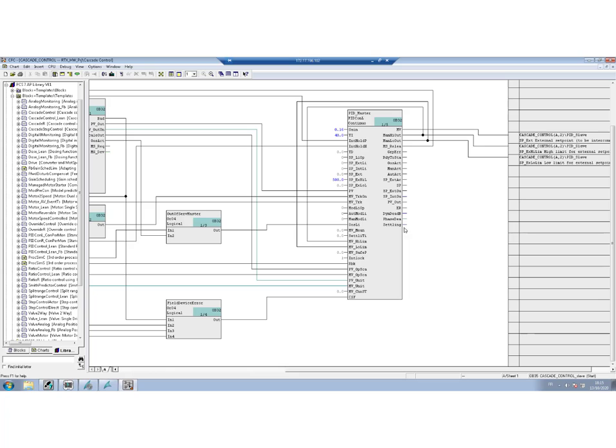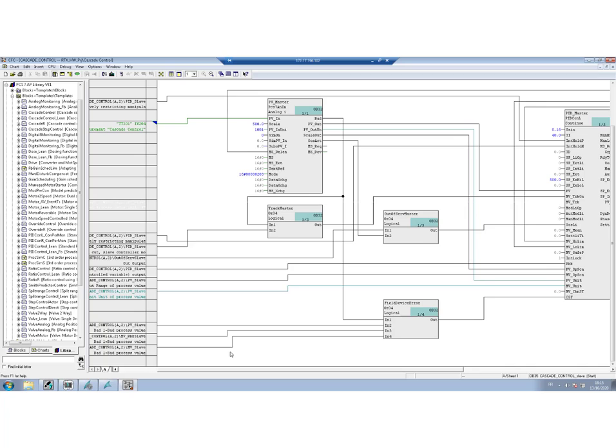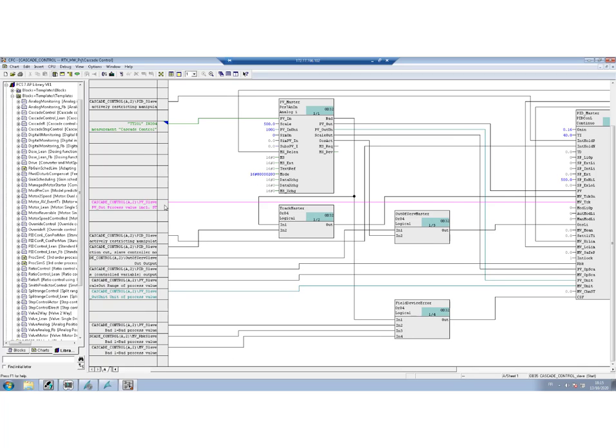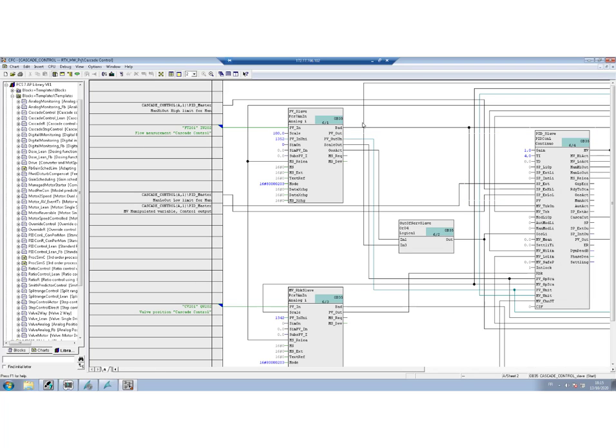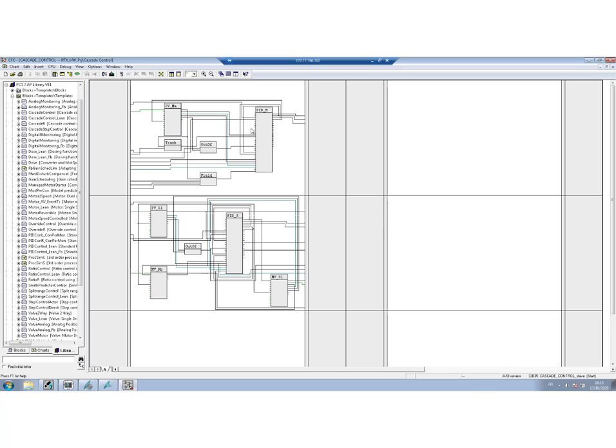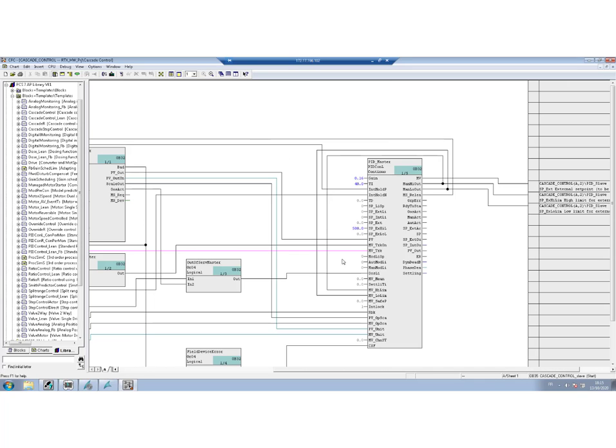So we can have a look at the PID master, and you see here that you have MV track on, MV track, so the names are a bit different, right? But if we click on this signal, we can go and have a look where it's coming from, and it is the PV from the slave controller. So this is okay, it is as expected, and we can also have a look at the MV